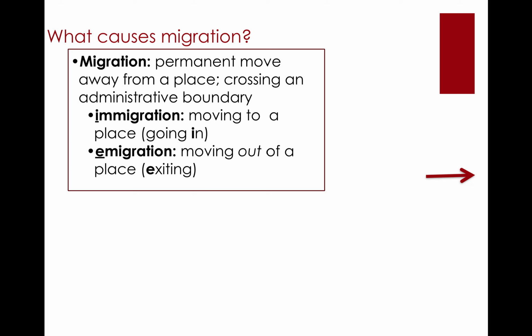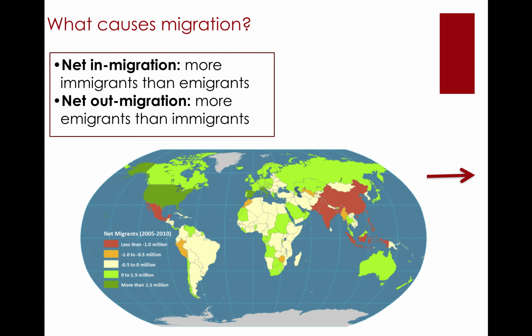Two other terms that I briefly mentioned in the last video clip, but I want to ensure that we have true discussion around. Immigration, with an I, is moving to a place. So it's easy to consider that. Just a quick way to remember, we say that immigration, someone's going in. Emigration, with an E, is when people are exiting a country or moving out of a place. Immigration coming in, emigration with an E, exiting.